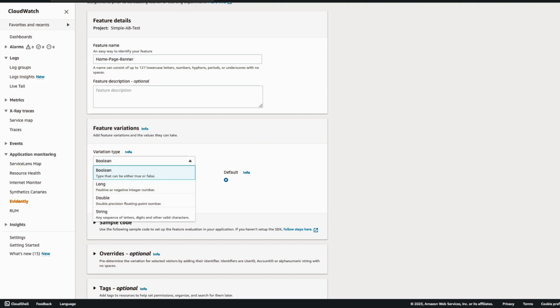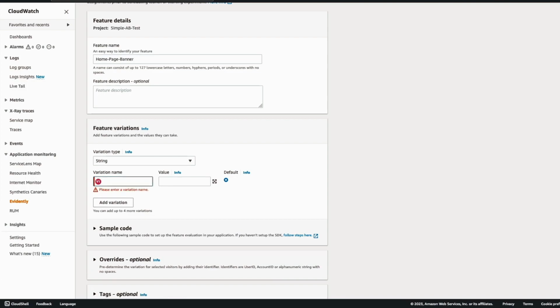This can be a Boolean value, a long value. A Boolean value is mostly used for feature flags, where you want to either display a feature or hide a feature. So it's used when you're launching, let's say, a new experiment or new feature on your website. This is where feature flags come in. But today I'm going to use a string. A string, because I will be calling this experiment 1,